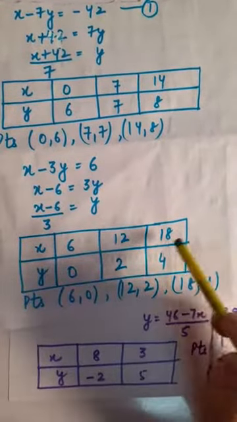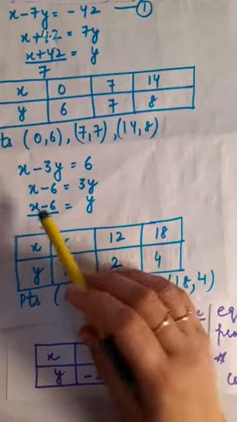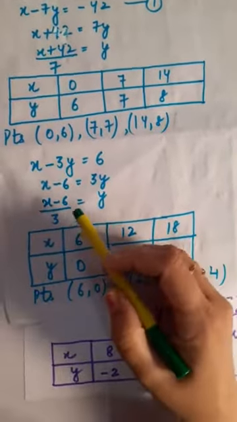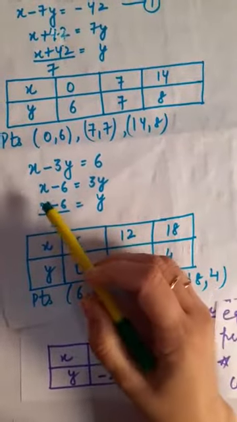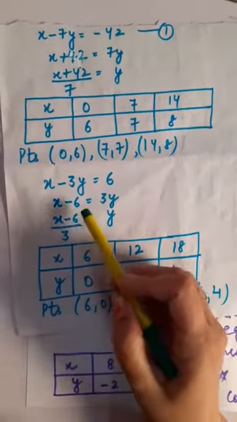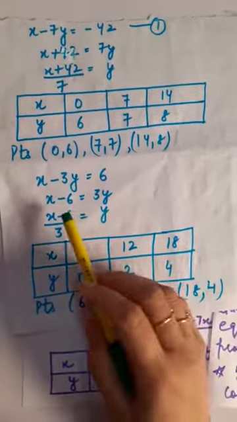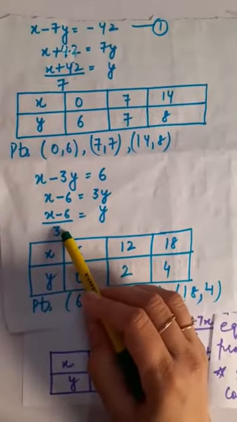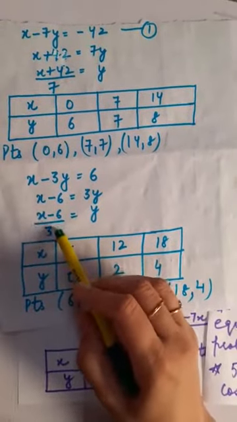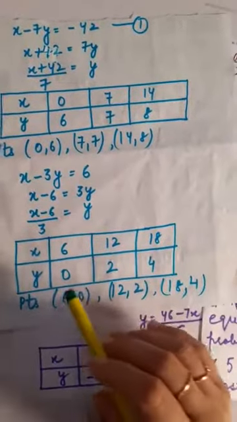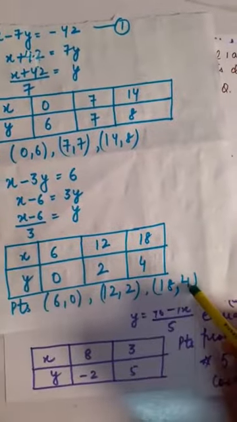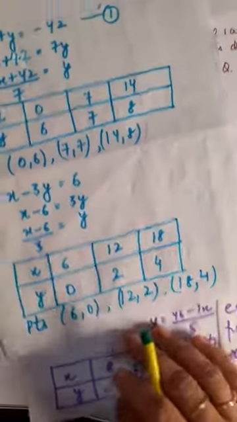In the same manner children, you keep on taking the values of x and keep on getting the values of y. See, the very first case is if I have taken x is equal to 6. So 6 minus 6 will become 0. 0 divided by 3 will be 0. Similarly, 12 minus 6 will become 6. 6 divided by 3 is equal to 2. Now I am putting here 18. 18 minus 6, 12. 12 divided by 3 will become 4. So 6, 0; 12, 2; 18, 4. These are the points which I am going to plot on the graph.